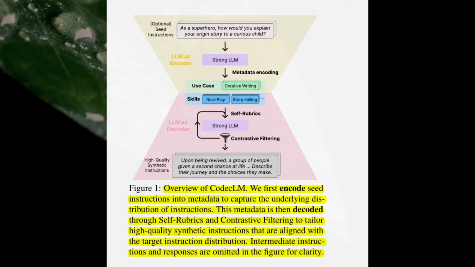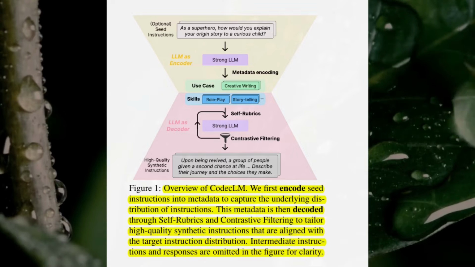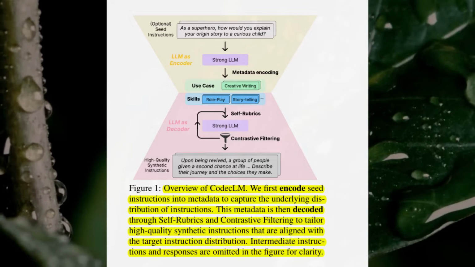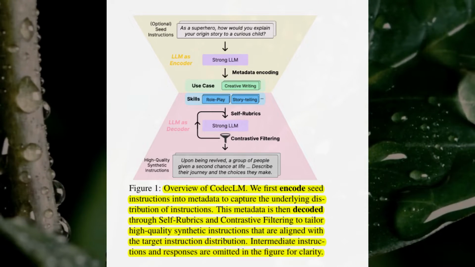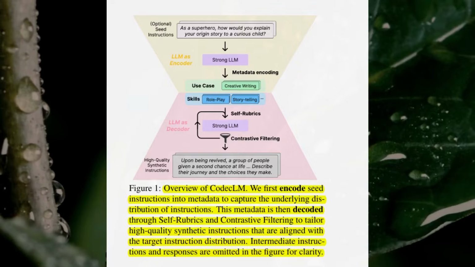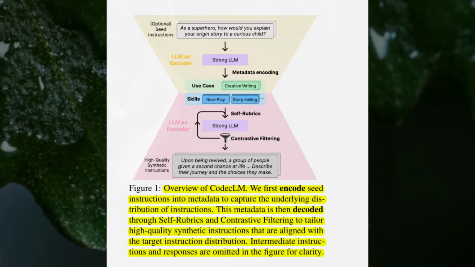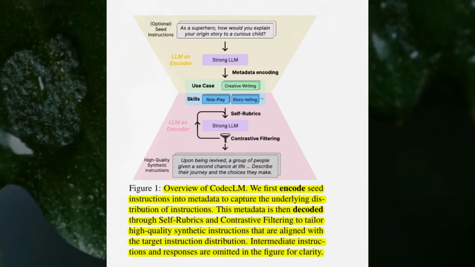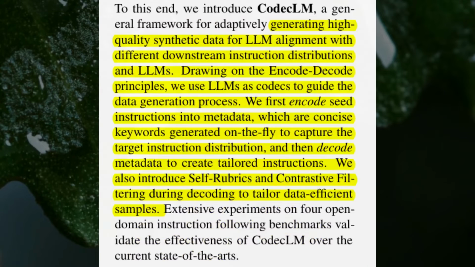Encoding: seed instructions, which represent the target task or domain, are first encoded into instruction metadata. This metadata acts as a concise summary of the instruction distribution, capturing two key aspects. Use case. This describes the intended task, like question answering, creative writing, or code generation. Skills. These are the specific knowledge areas the LLM needs to effectively respond to the instruction, such as Python programming